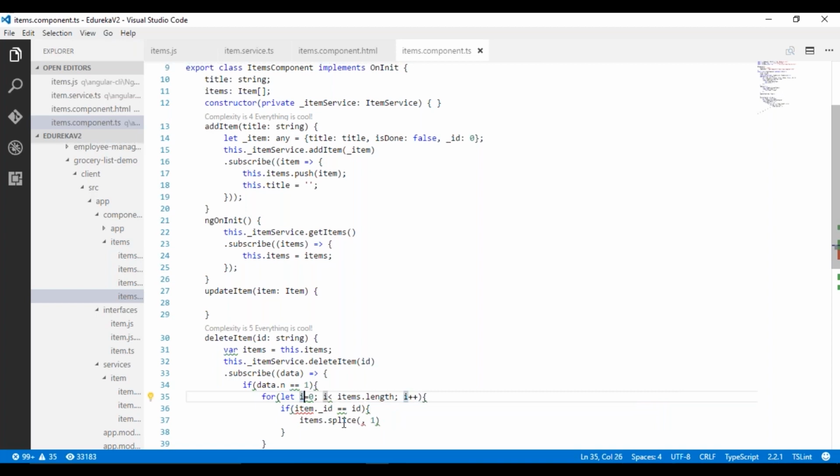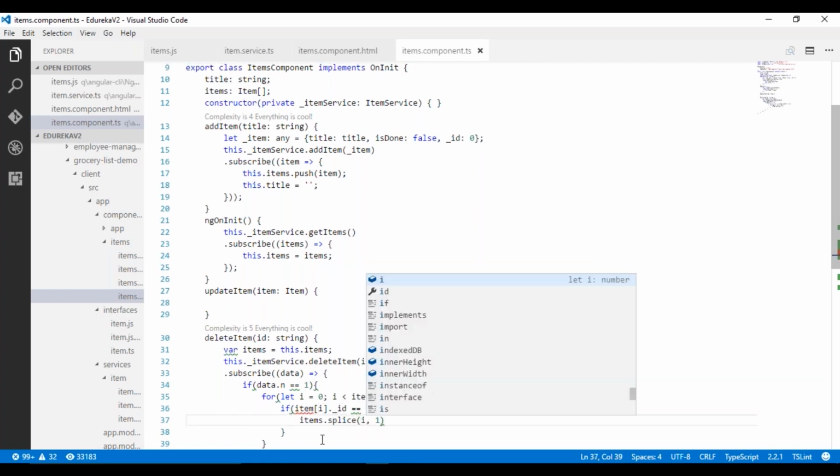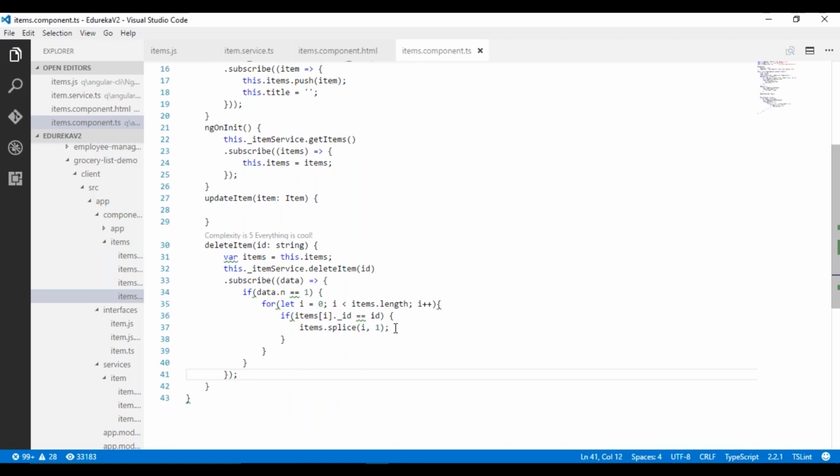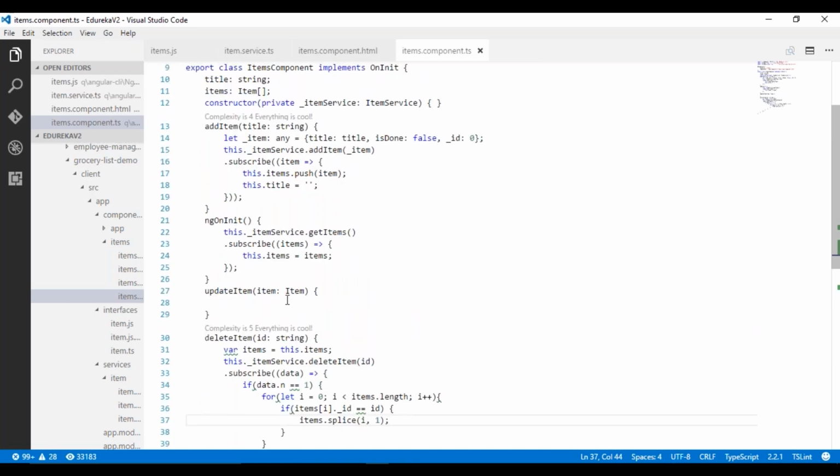So that should take care of that, and I need to check that if the item i of id is equal to i of that. So this should do. I'm just splicing off that particular one which is similar to underscore id or the id of that particular section. The final one, a simpler one, I'm going to trigger off with